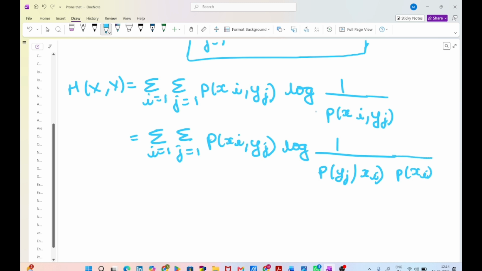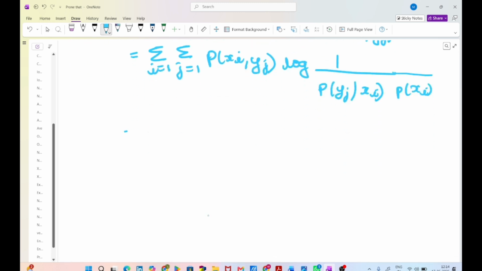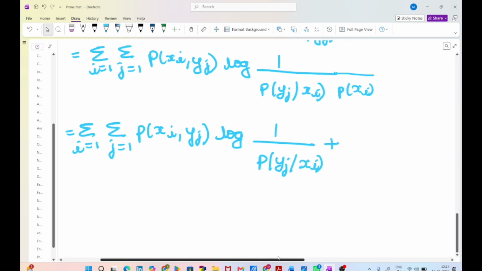We know that log 1 by mn is equal to log 1 by m plus log 1 by n. Then it is summation over i, j of p(xi, yj) log of 1 by p(yj|xi)